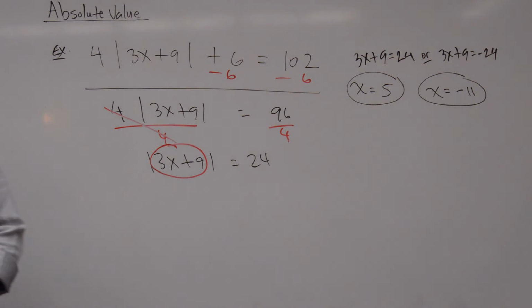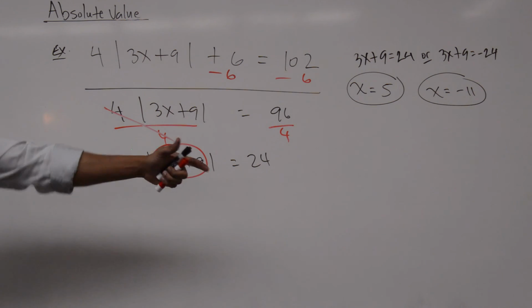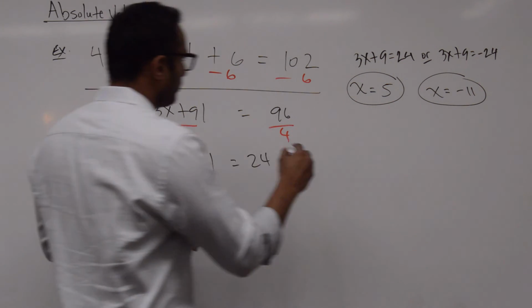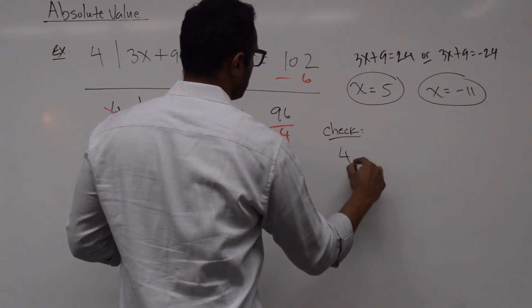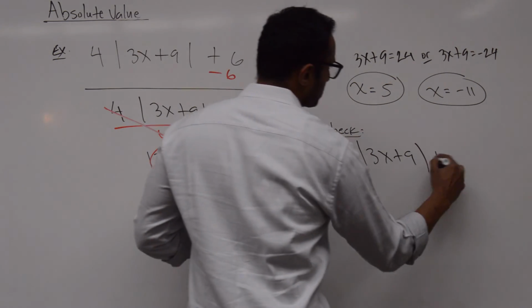Okay? Once we have x equals 5, once we have x equals negative 11, we can't stop there. We have to go through and check to make sure this makes sense. So I'm going to set up the check for you, and I want you guys to finish it. So the original problem says this. It says you got 4 times the absolute value of 3x plus 9, plus 6,